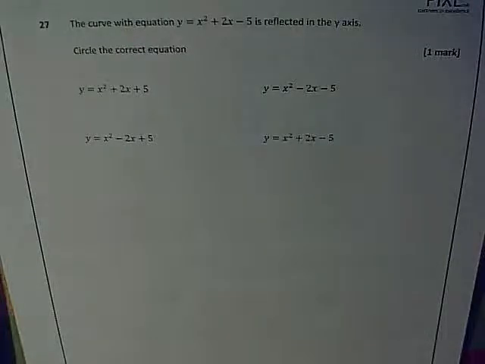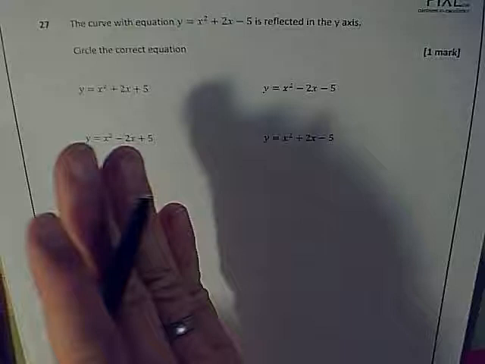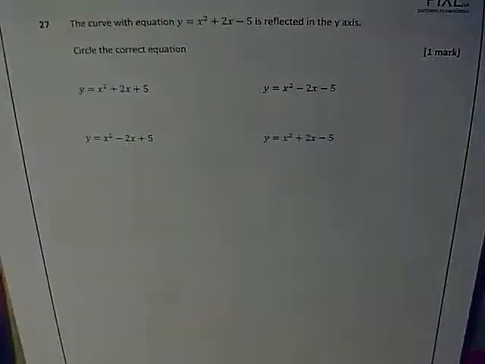Okay, question 27. The curve with equation y equals x squared plus 2x minus 5 is reflected in the y-axis. Circle the correct equation. So, let's think about this. Let's imagine this sketch. So, to start with,